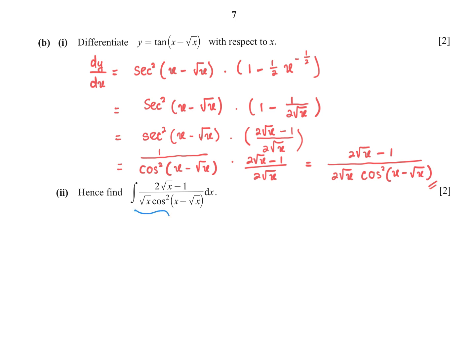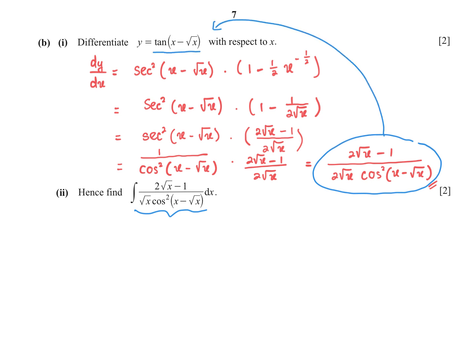Before we find this integral, I ask you first, remember the concept that integral is the reverse process of derivative. So if I want you to find the integral of this function, do you know that the result is exactly the same as the original function given from part 1? Okay, now by using that concept, the integral of part 2 is equal to the integral of the function from part 1.